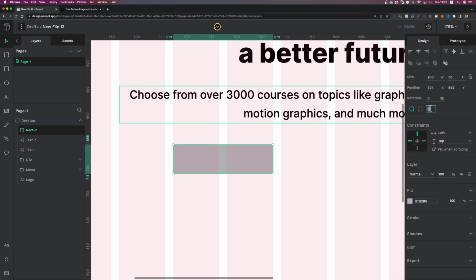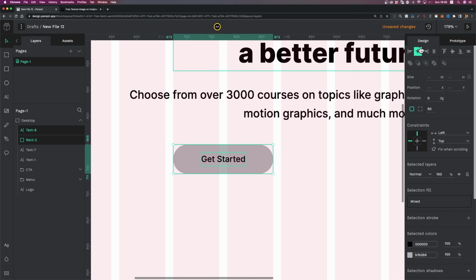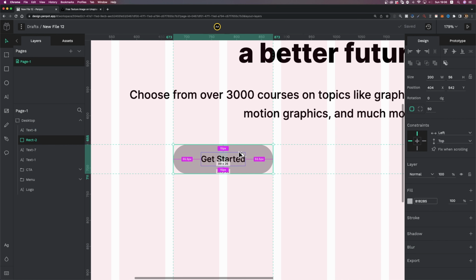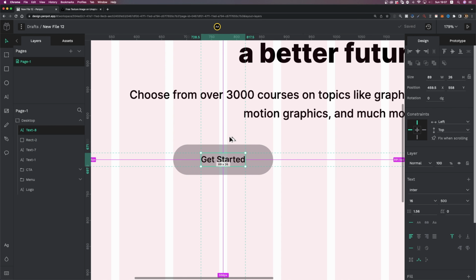Let me make it completely rounded and just add a text layer, and let's write Get Started. Okay, good. Let me put it here. Next, I'm gonna decrease its font size to 16 points. Okay, let me align it. I'm gonna increase its height by 2 pixels. Let me increase it to 58 pixels, and I'm gonna align it once again to have a 16 pixel top